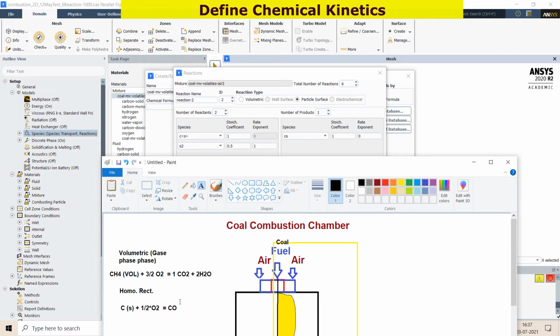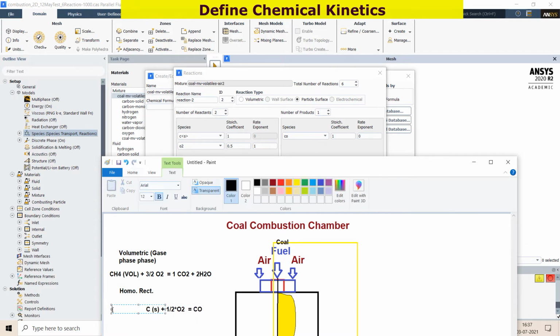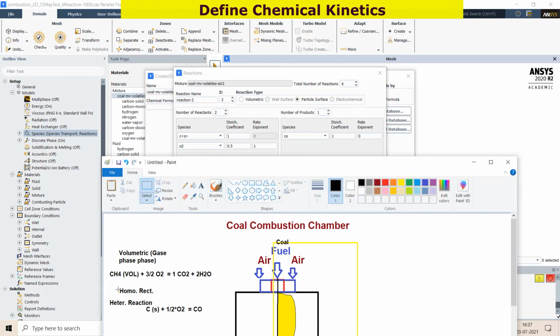You can select the solid carbon species which reacts with O2 and gives CO2. This is also called a heterogeneous reaction. Please note this is also called a heterogeneous reaction. It may happen at the surface, it may happen on the outside. Hence, chemical kinetics is important before proceeding with any reaction, because if we don't know the chemical kinetics, then we cannot understand what our product species are.